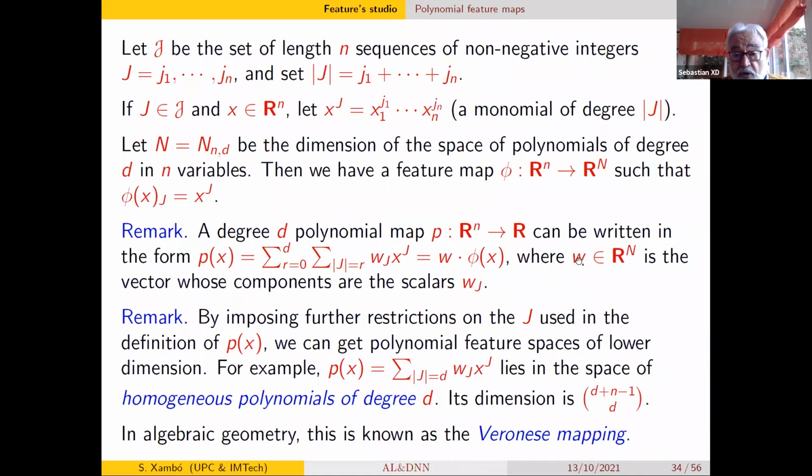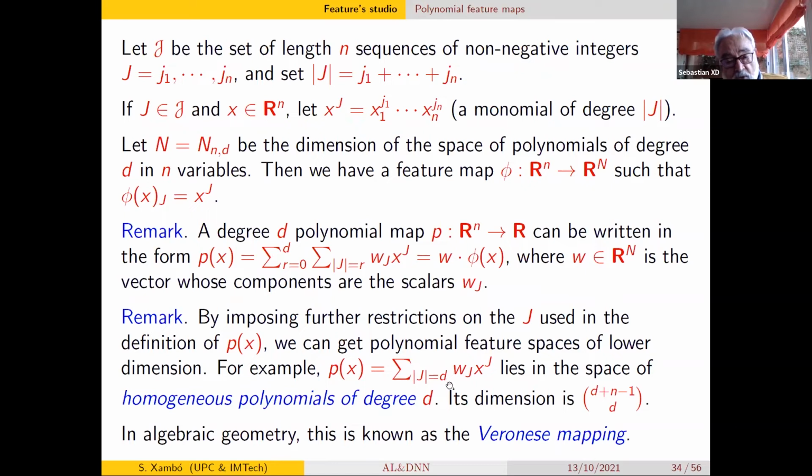Well, where w in R^n is the vector whose components are the coefficients of the polynomial. By imposing further restrictions on the sequences J used in the definition of the polynomial P of x, we can get polynomial feature spaces of lower dimension. For example, if we only sum with respect to